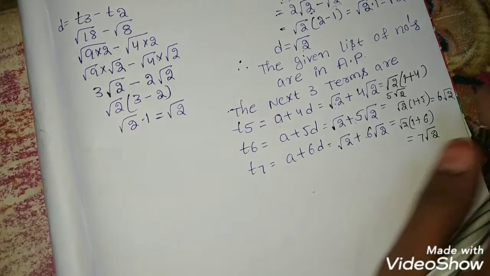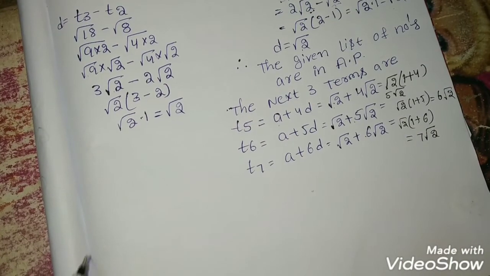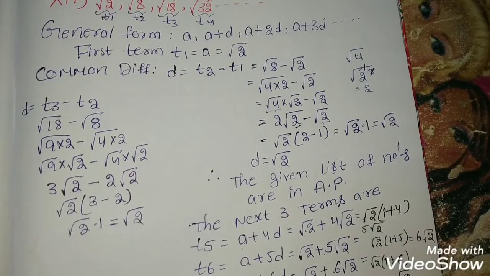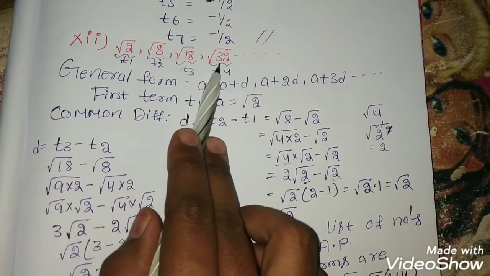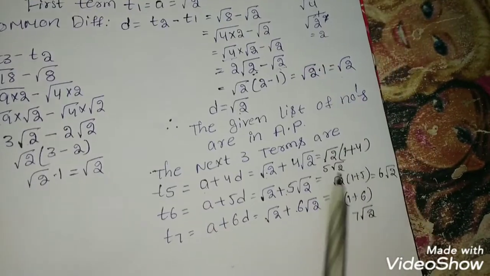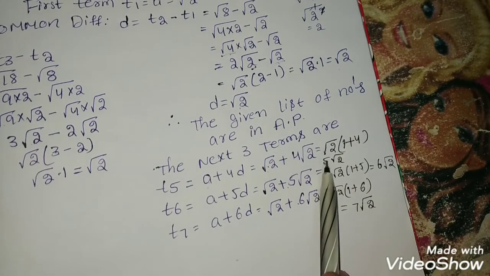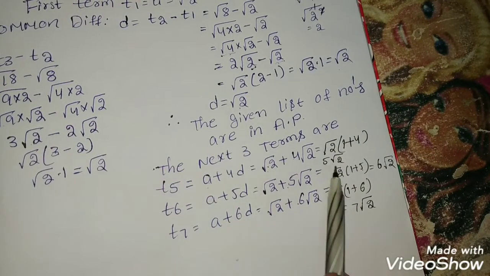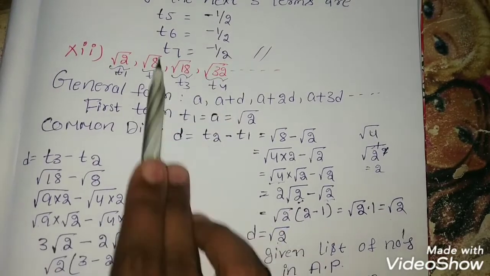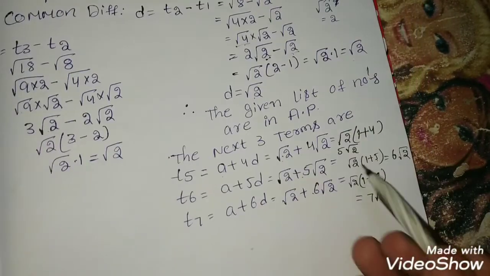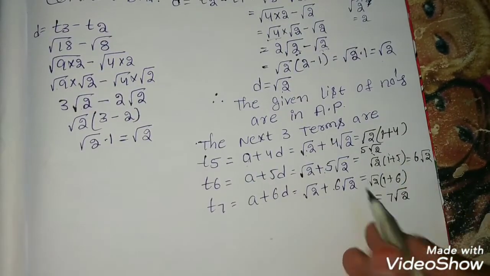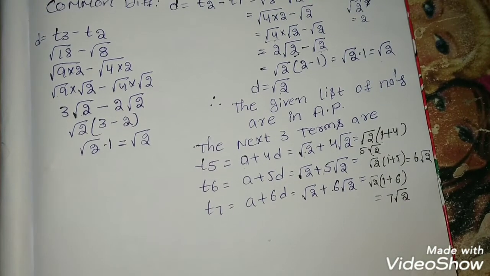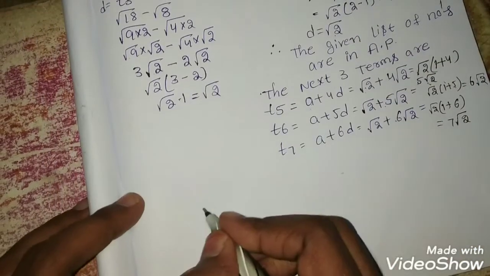Simple. Are you getting some doubt? What is your doubt, ma'am? Here we are getting only root values, ma'am. You have natural numbers, but here there are only irrational numbers. Then how can you find this, madam? We need to get only a single value. You are getting a 5 and root 2. How can you say it like this, ma'am?